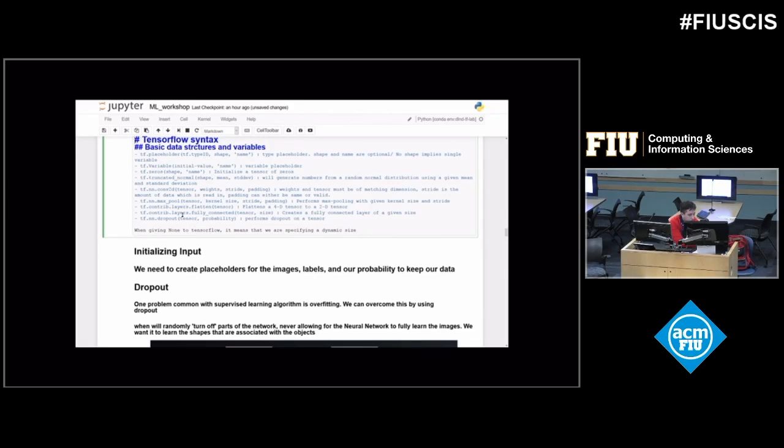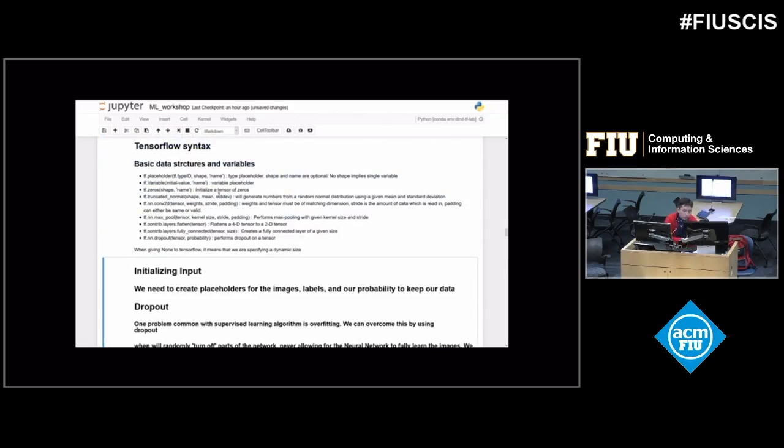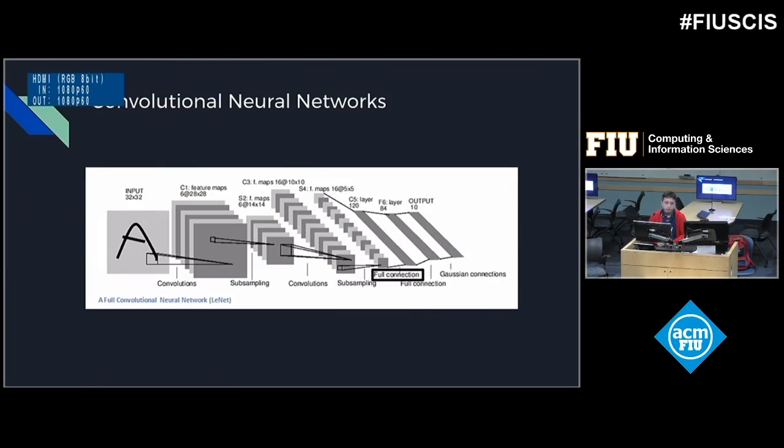One thing I did forget to mention is that after you do all your convolutions, the last layer is a fully connected layer. But before you can get there, you want to flatten all your data. So you turn your 4D convolution into 2D data, and then you can do the fully connected layers.